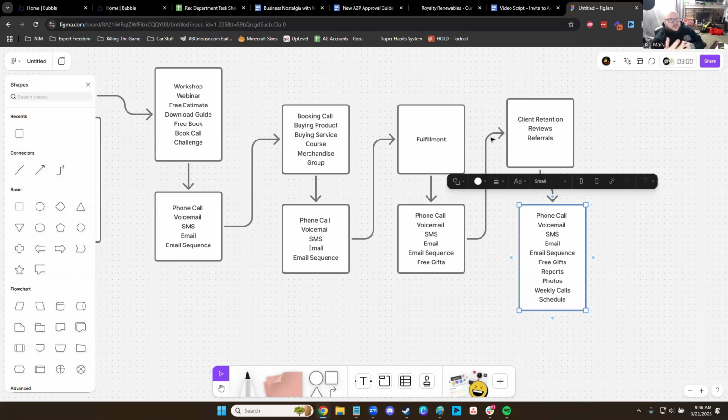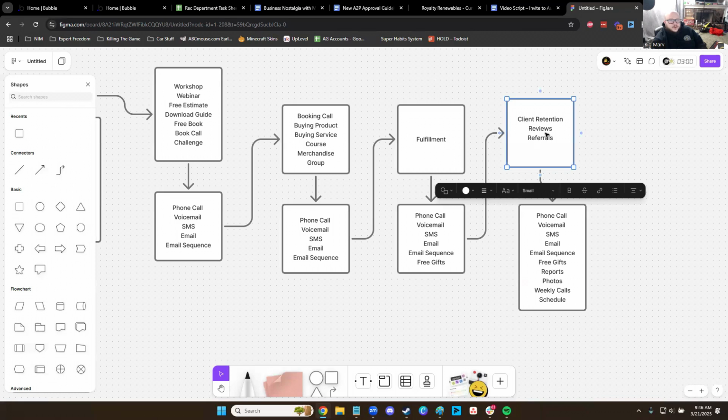And then also referrals, right? When they've given you a great review, they probably have other friends, business owners, and colleagues that could also utilize your service. So make sure you're asking for those referrals. And if you are asking for a referral, what does that process look like? Is it a simple text message? Is it an email? Is your team calling them and asking for it? Do you have some sort of offering?